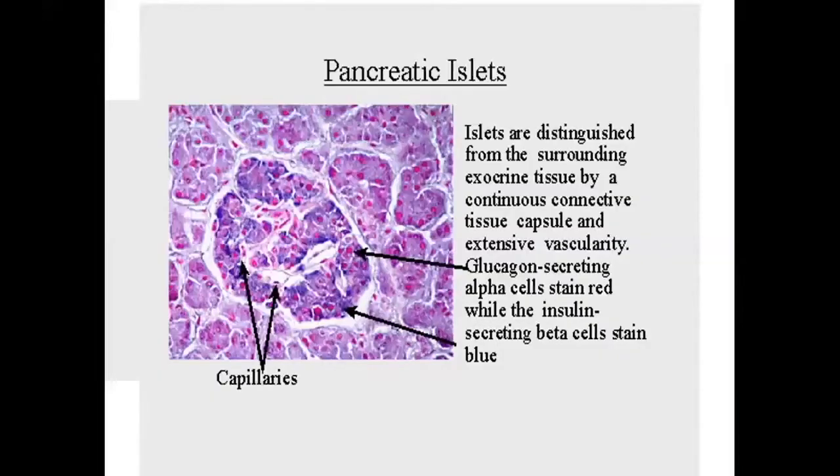So the pancreas, just inferior to the stomach. It's where most of our digestive enzymes are made, so it has a very close connection to the small intestines, as we'll see later. Now, this is a slide that I thought I had gotten rid of, but it's still here. We're looking at a pancreatic islet, which is also called an islet of Langerhans. So you'll need to know that the alpha cells of the islets secrete glucagon, and you'll need to know that